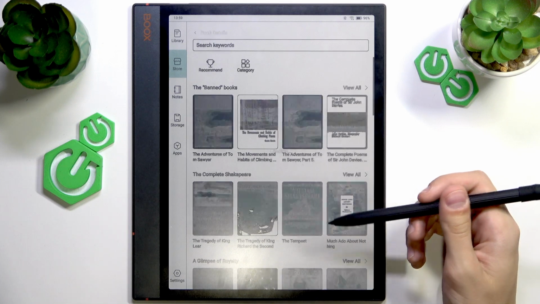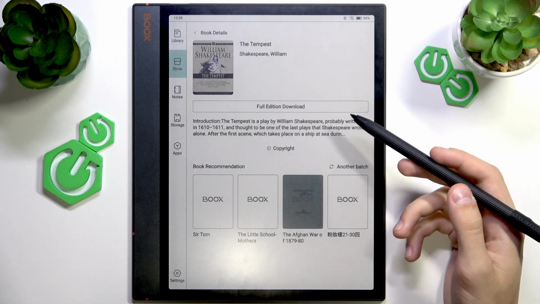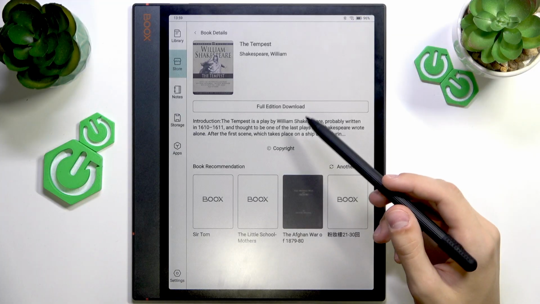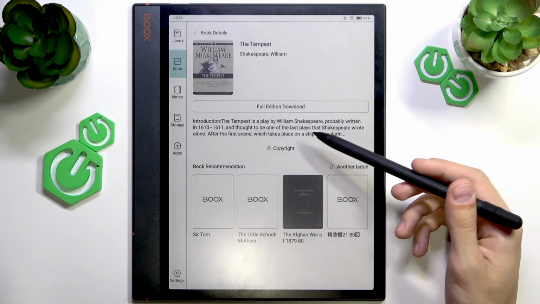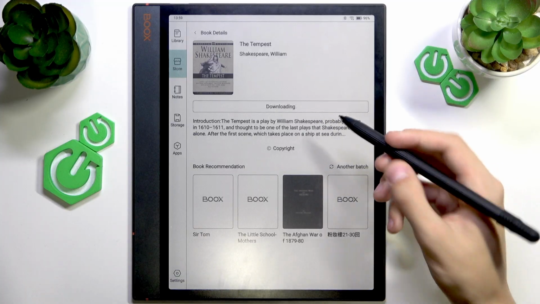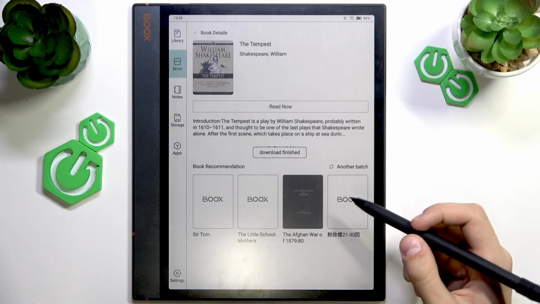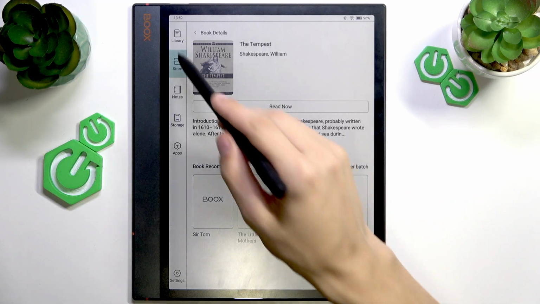So once you found the book that you want, you just go to that book, you tap on that book and press download or purchase if that book is paid. So this one is free, I'm going to download it. And there we go. Now that it's downloaded, we can go to the library